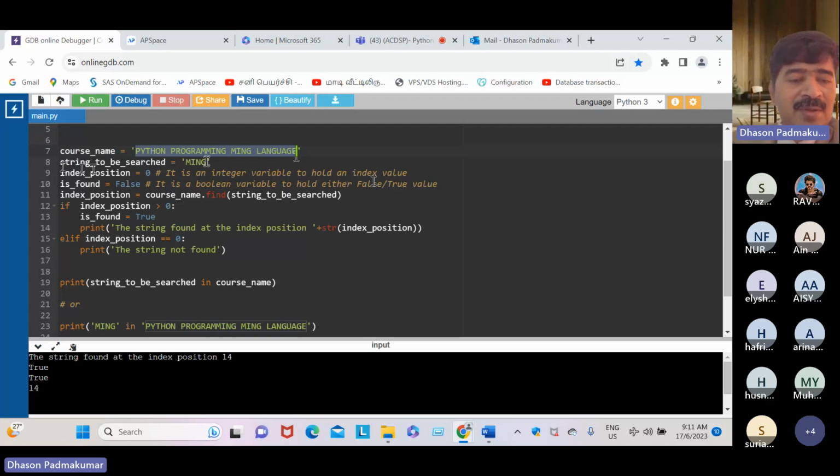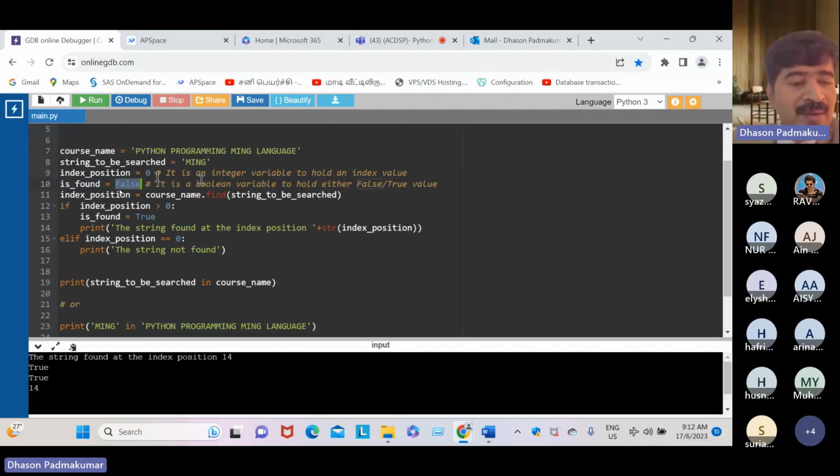In real time, dear student, whenever it's possible, wherever it's important, please include comments like this. And is_found is a variable, but a Boolean variable. Boolean variable means it will carry either false or true.